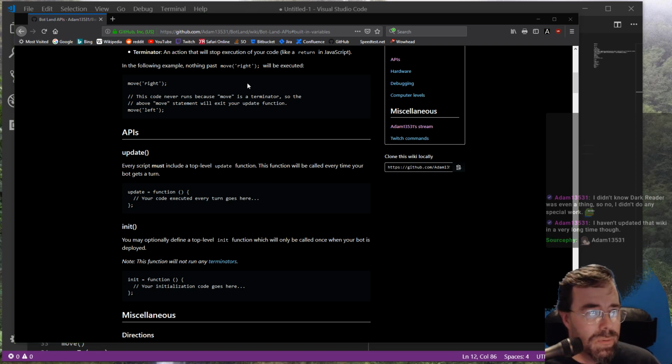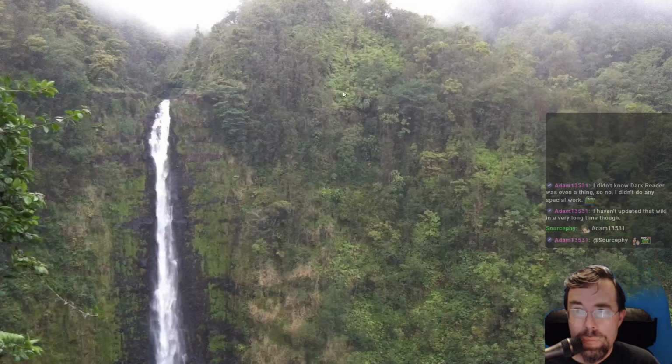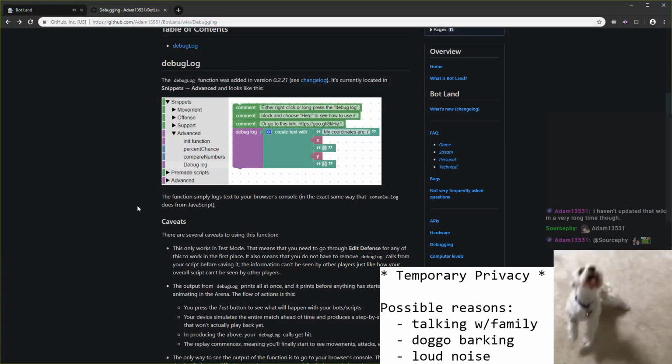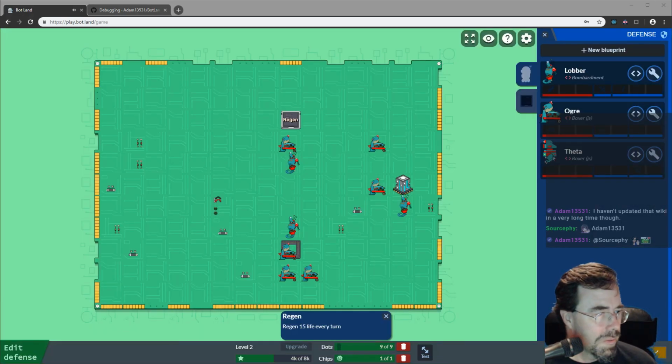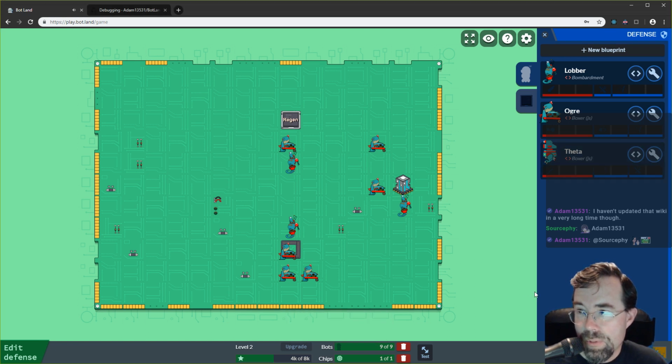Okay. Back to coding the bot, shall we? Can find what window I put that in. Hold on a sec. Sorry about that. Okay, edit defense. You haven't updated the wiki in a while, though. It looked complete for what I've seen so far. That's weird. I thought the music froze, but...